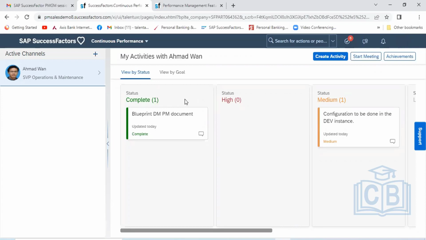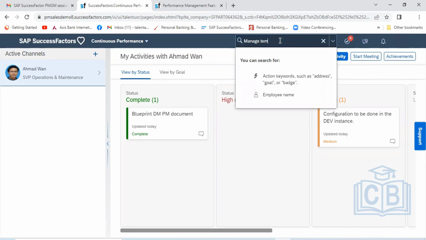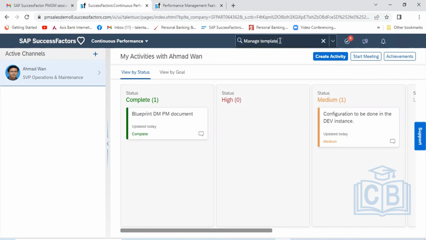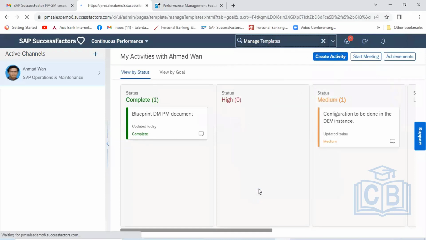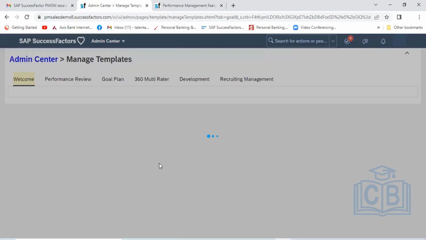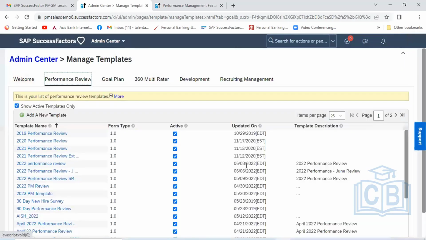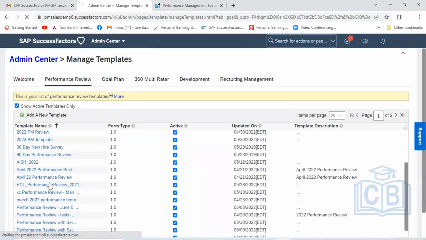If you remember, when we were creating the performance template in the goal section, you had two options. I will show you in the manage template. Core competency and job specific competency, if you remember. So here in the performance review, let me take our performance form. If I take this form,